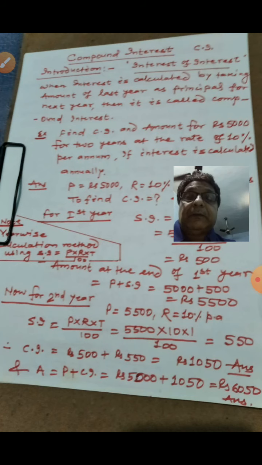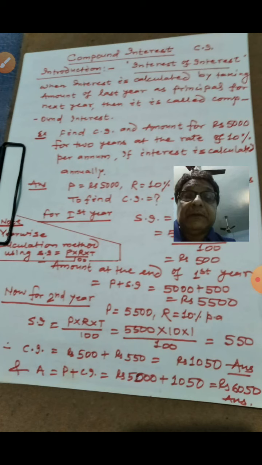So in this way, we have the information of P, R, R means rate of interest, which is generally given in percent per annum, and T. So we can put P into R into T by 100, we get the answer of interest, that is how much interest we have to pay for the borrowed money for said period. Here one thing more is, since rate is given in percent per annum, so time is also in year. Okay, students, so you have done this. Now we will learn compound interest.